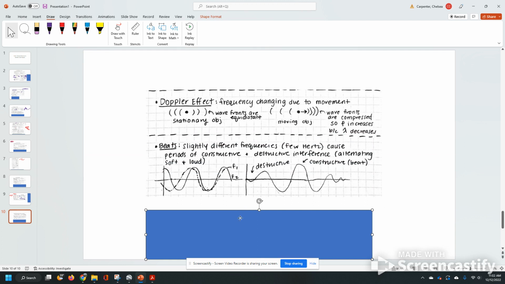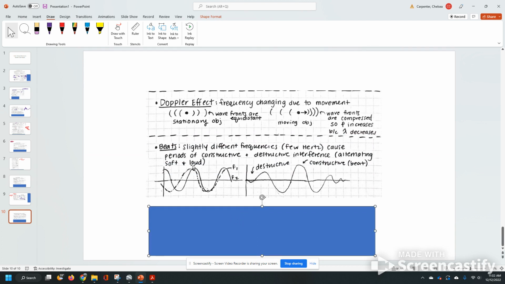And then the last idea here is the idea of beats. So if you have slightly different frequencies, just a few hertz, it'll cause periods of constructive and destructive interference that alternate. So it makes this kind of funky, loud and soft pattern, and that's called a beat. So here I've got two frequencies that are a little bit different, but then they